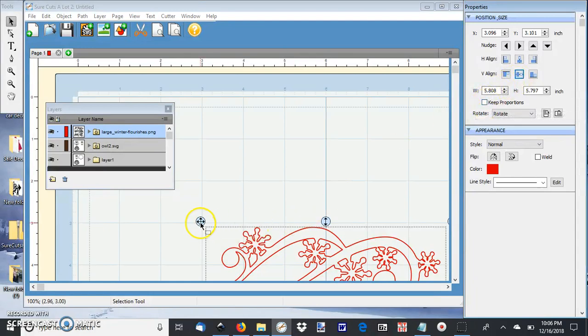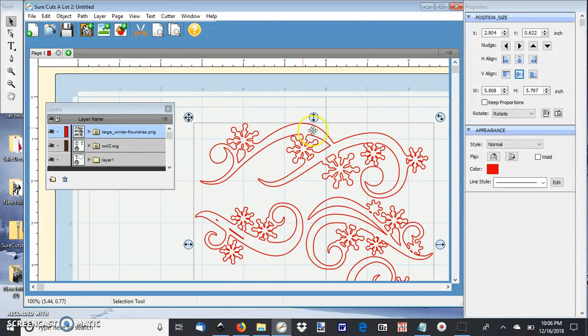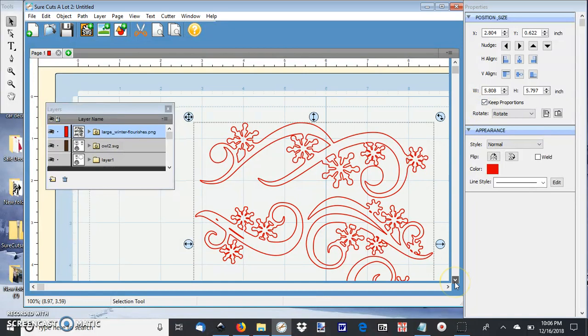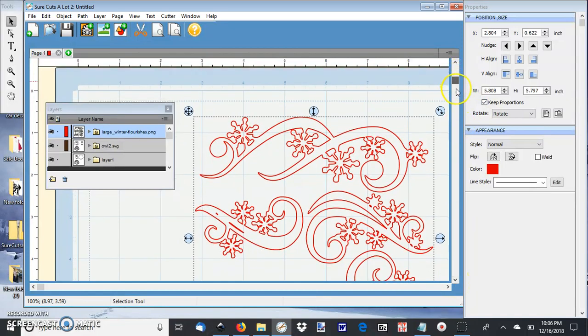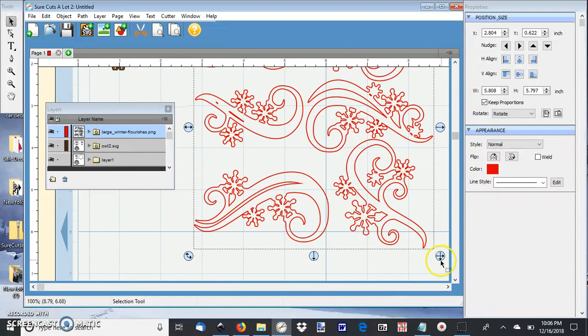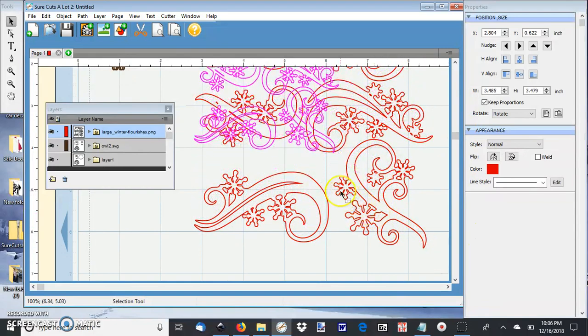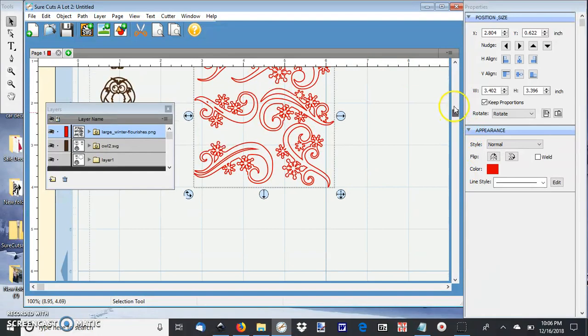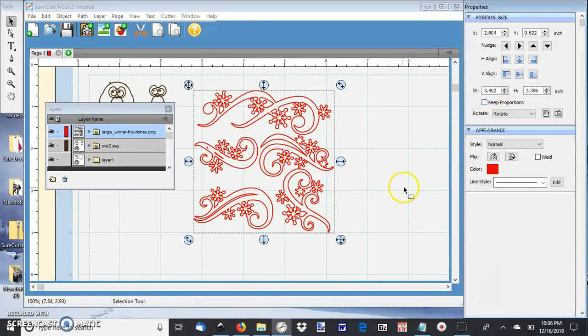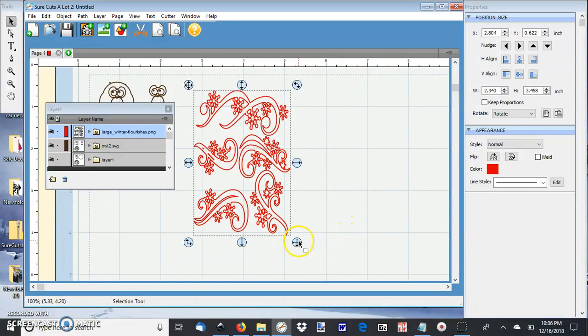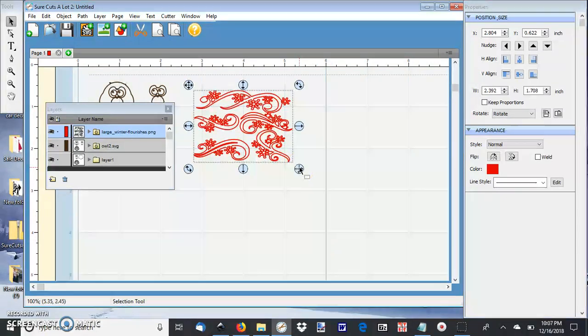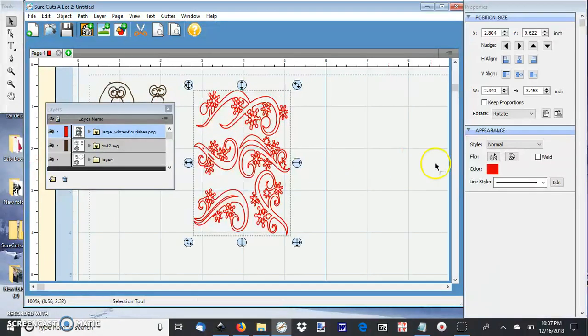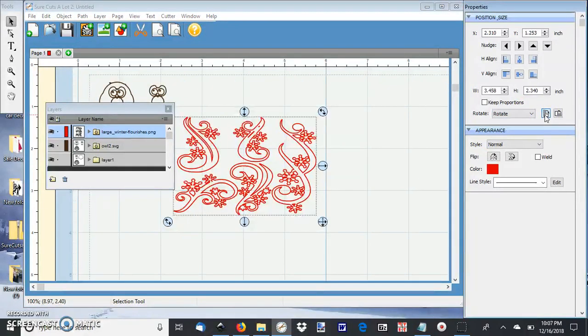Now, if you are resizing things, I suggest keeping your key proportions pressed. That way, when you are dragging it and making it smaller, it's going to keep it all proportioned. Because if you do not have that checked, you can make it really skinny or really fat. It's not going to be what you're looking for it to do. Over here it also has your rotate. You want to turn it sideways,